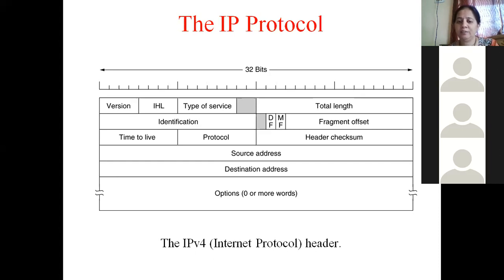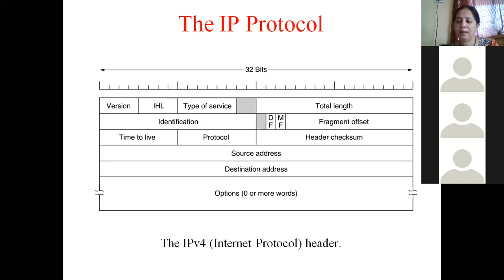And in this header, we had seen that there is one part which is called the fixed part, and it is 20 bytes long, so 5 words. And there is another part which is called the optional part, which can be up to 40 bytes. But we are not sure about how many bytes could be included inside the optional part. It depends on the kind of datagram being transmitted. So the optional part may be included or may not be included.